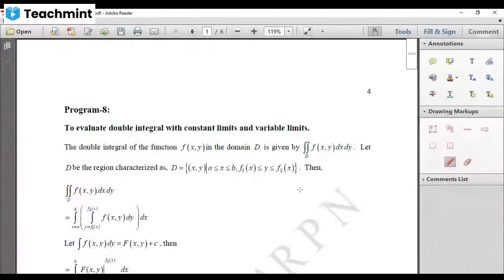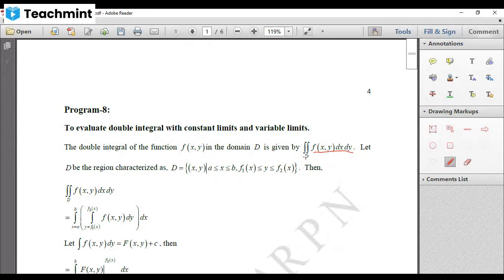So in today's class, we're going to learn how to write a Maxima program to evaluate a double integral with constant as well as variable limits. So we know a double integral of a function f of xy in the domain D is given by the double integral of f of xy dx dy